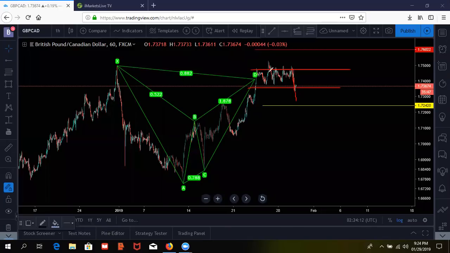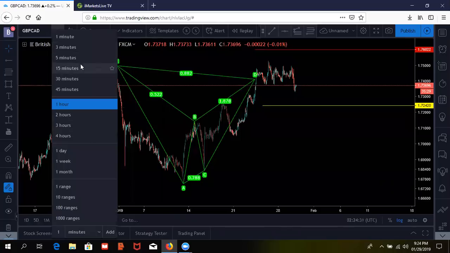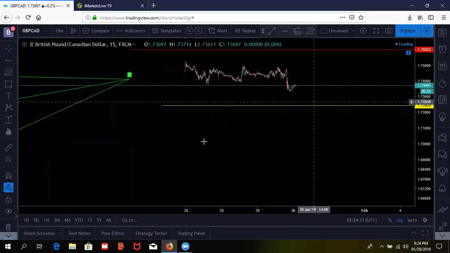Now, I've been in this trade since last Wednesday. For me, I'm used to being stuck in trades before it actually decides to make up its mind and take off. But I actually got 2 entries off of this trade. Let me go down to a lower time frame and show you my second entry. So if I go down to a 15-minute chart,